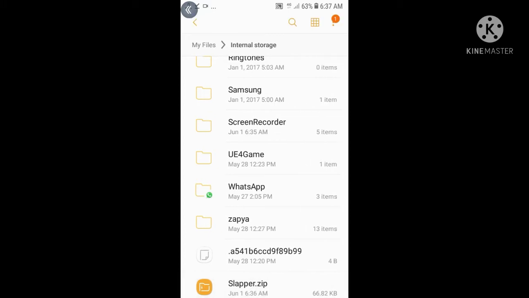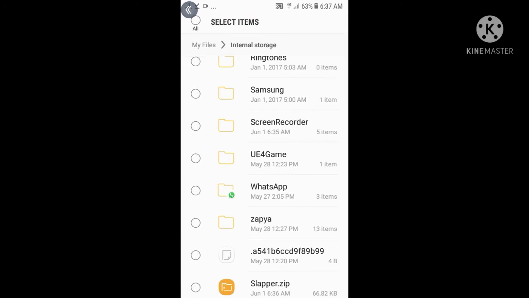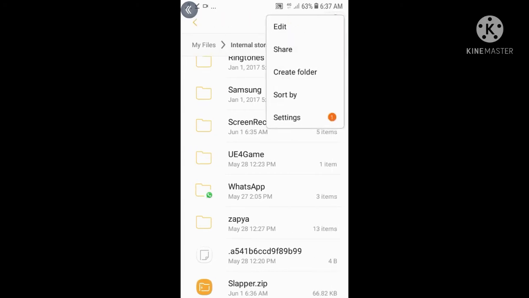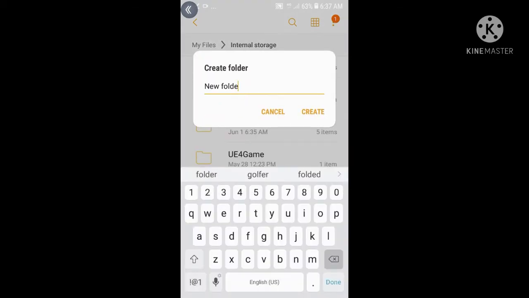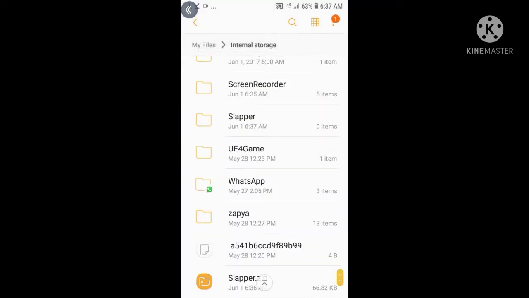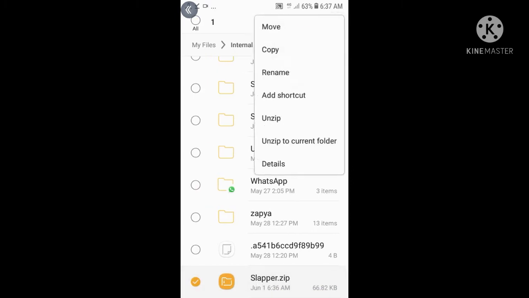Now we are gonna make a folder to keep our things organized. Let's name it Slapper. Now move the file to the Slapper folder.